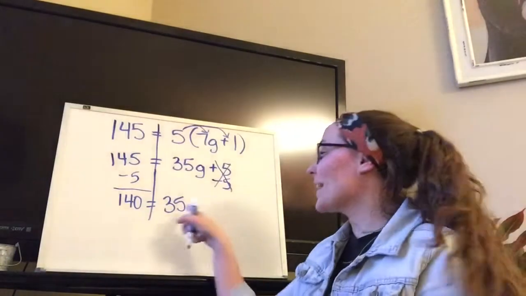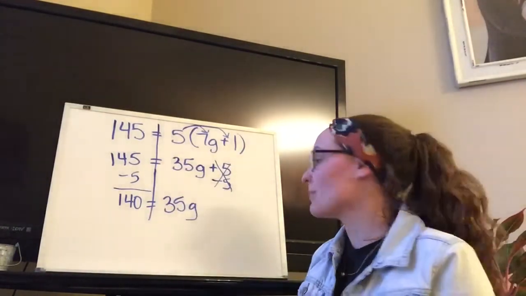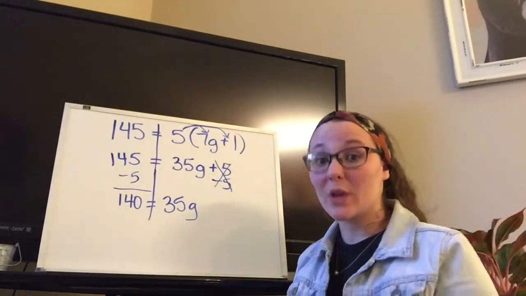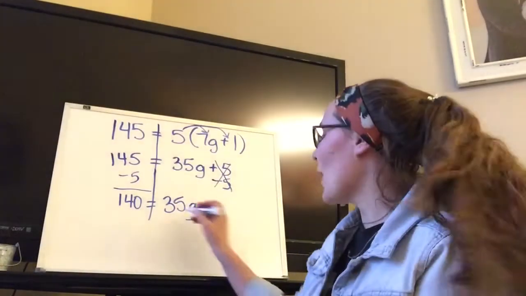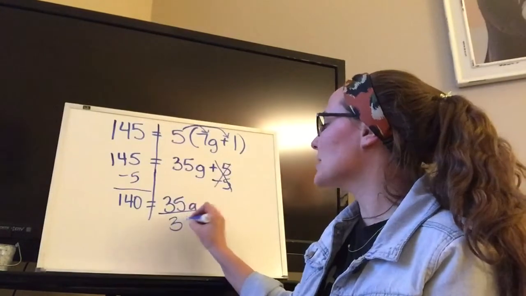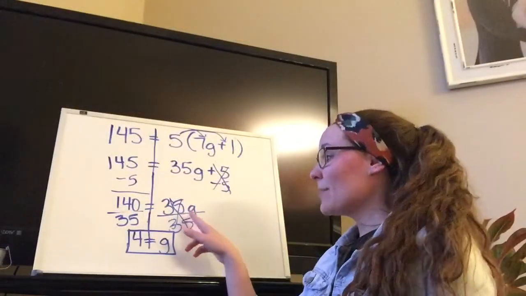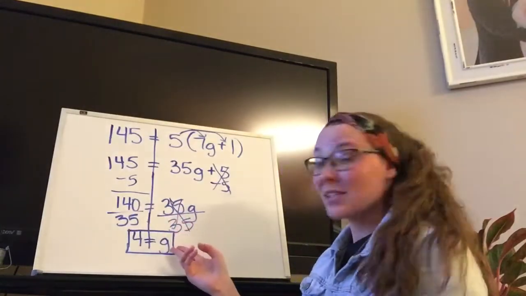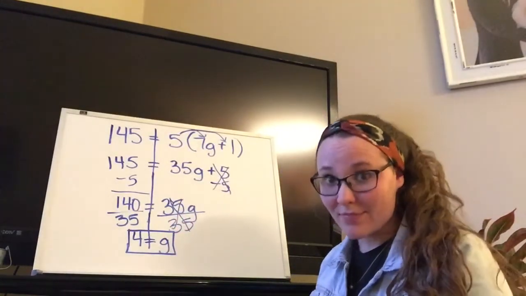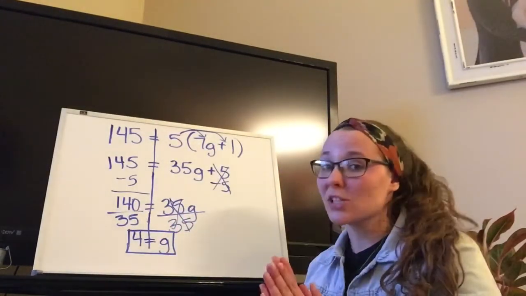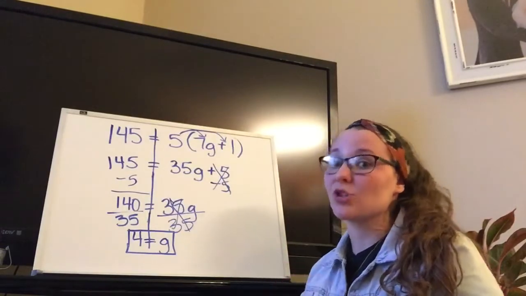So now I need to undo my multiplication. To undo multiplication, we are going to divide. So I'm going to divide both sides by 35. Once I divided by 35 on both sides, I got my solution: 4 equals g. So once I get my solution, I should always go back and substitute that solution into the